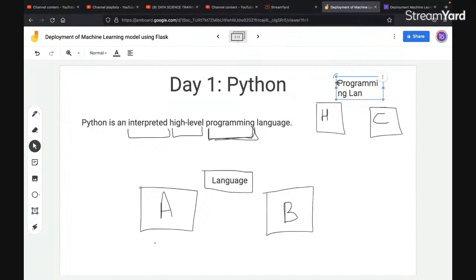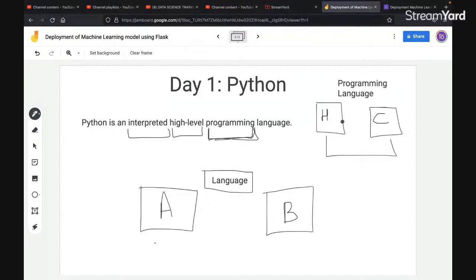A programming language is a way of communication between a human and a computer. Is this clear? When we say Python is a programming language, this is what we mean: it's a way of communication with the help of which we communicate with the machine and the machine communicates with us.